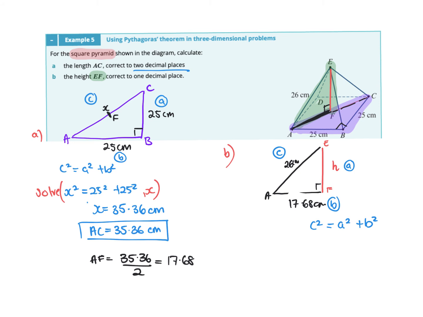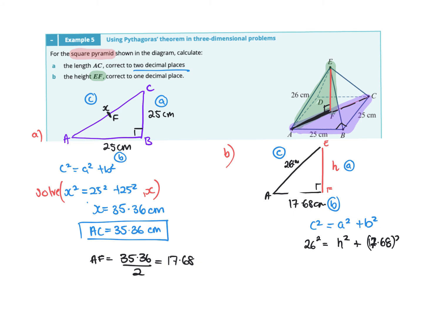Less than 17 and 26. No, not less than 17. Less than 26. Okay, so we're going to substitute in. We've got C is the 26 squared. A is H, because we're calling it the height. So H squared plus, we've got this